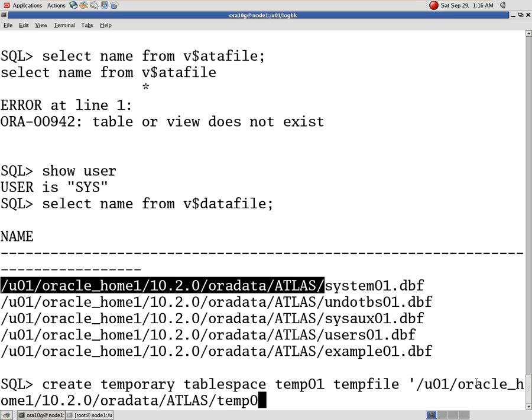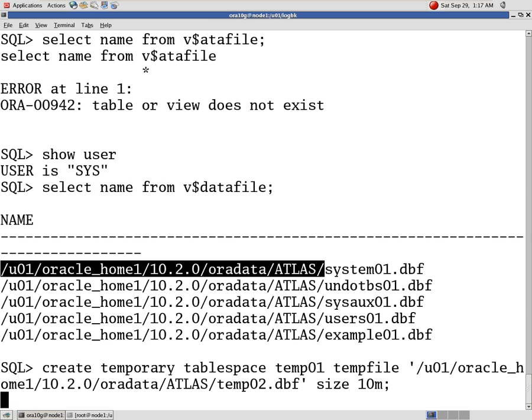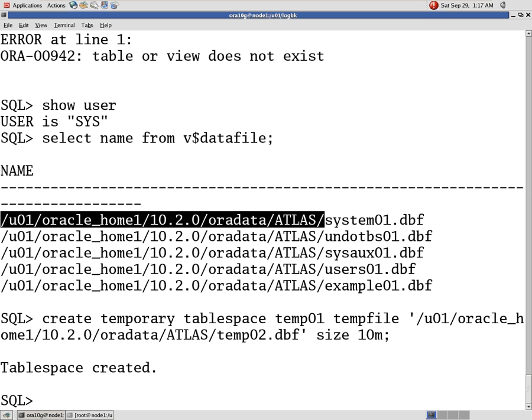I'm creating a temp02.dbf file, defining a size of 10 MB. Temporary table space created. Now export happens.